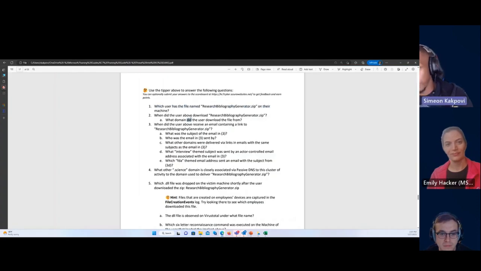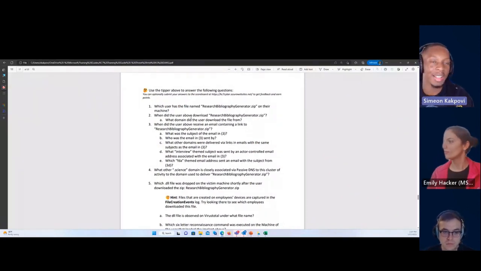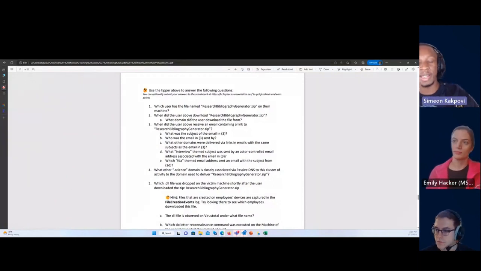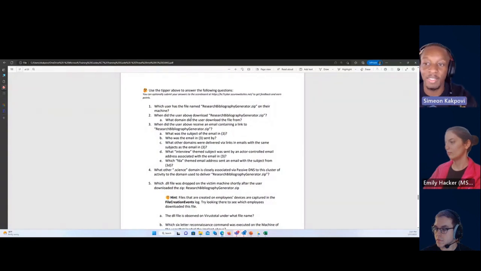Question number 2, right? And again, we now know whose machine was infected. So there's a couple ways you could go depending on your approach. You can ask, how did the file end up on the user's machine? Or you can go the other way and ask, what happened after the file got on the user's machine? Emily's approach was, I want to figure out where the bleeding is, what happens afterwards. Me, I'm more of a laissez-faire guy. I like to figure out how this email got here and what upstream indicators we can block to prevent this from happening again.